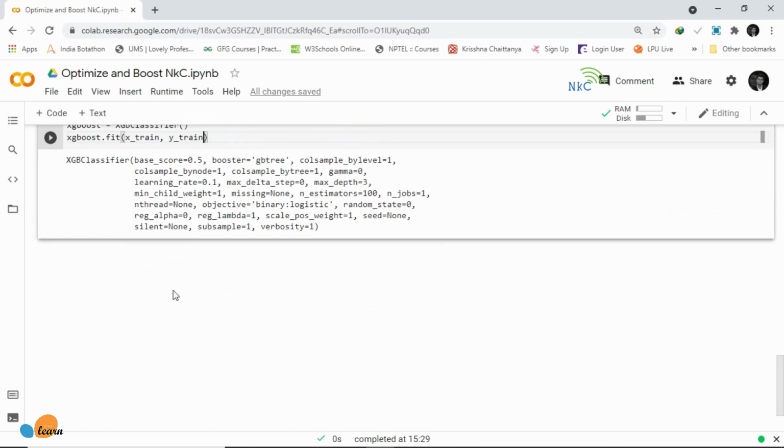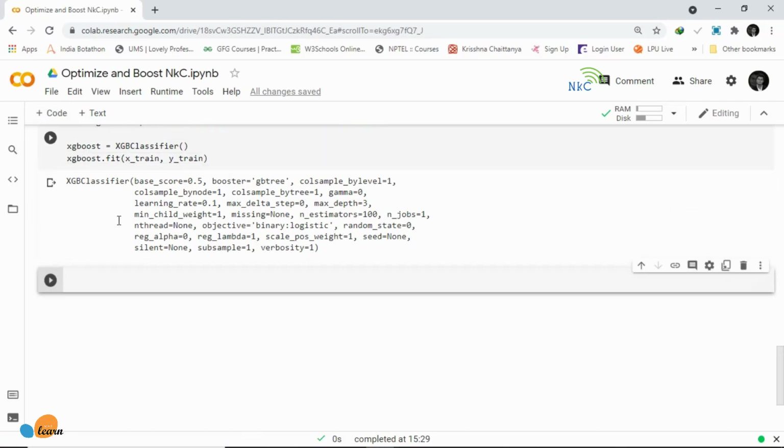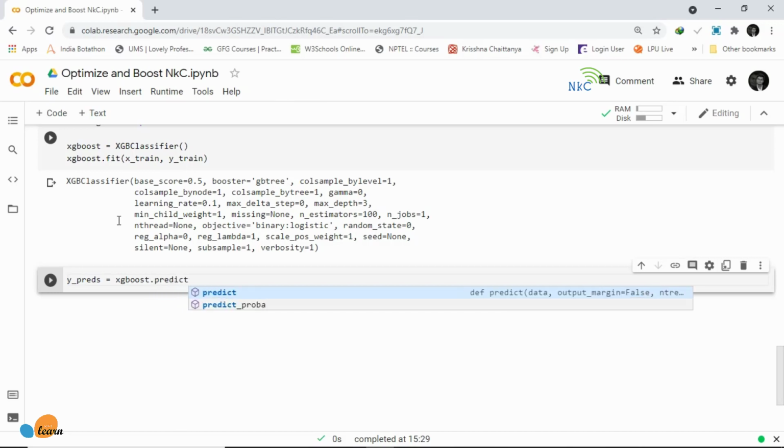So let's run this. And now what we are going to do is the same thing with the confusion matrix. So copy that, paste it in here, and instead of the gradient booster predict, we will say extreme booster predict. So we will run it, and you see this only makes 4 mistakes, whereas before we made 6. So it seems like a pretty marginal gain and improvement.